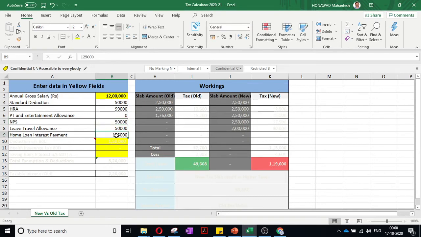If you have a home, you will have home loan payment. So instead of PT I will put here PF. If you contribute 50,000 to PF, how much is your tax?